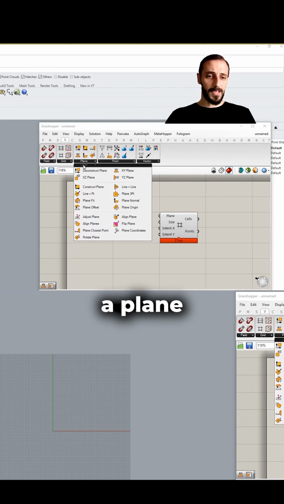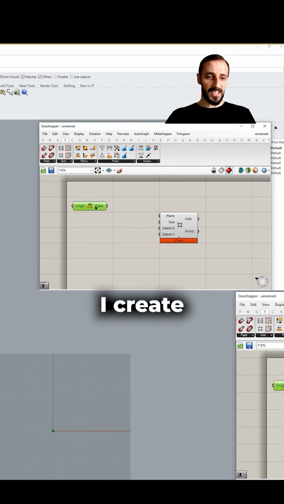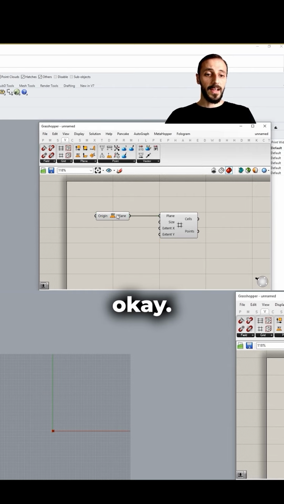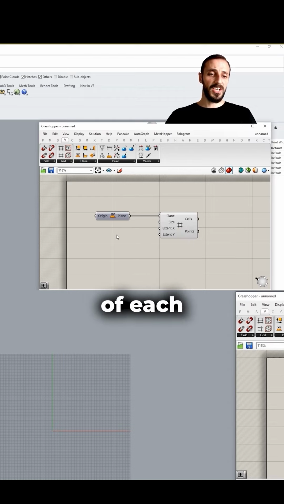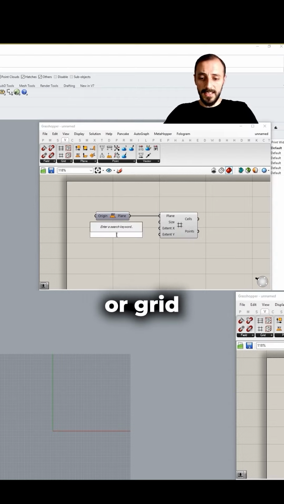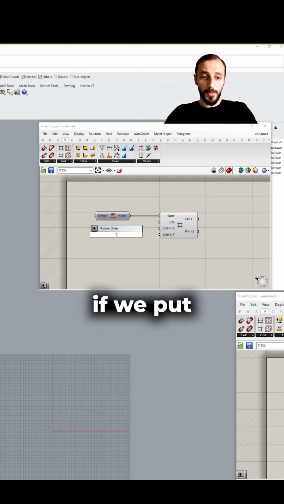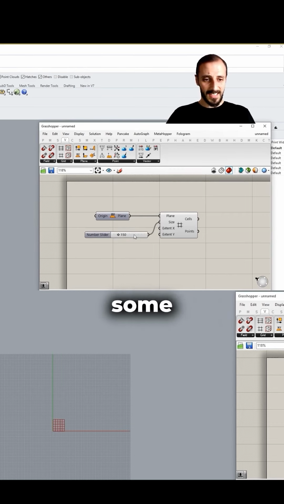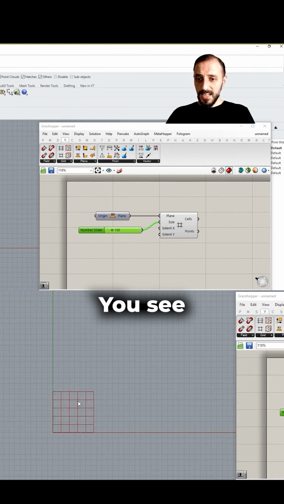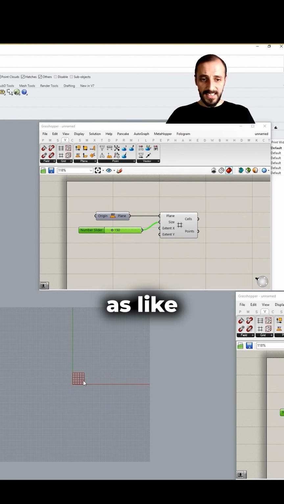So it's asking me for a plane, just in case I create a plane on the XY plane, okay? And then I can preview this one. The size is the size of the grid cell, the size of each edge of the grid in squares. So if we put 150 as a start, I think we can start seeing some things. Yeah, we see some things with 150. So if I increase